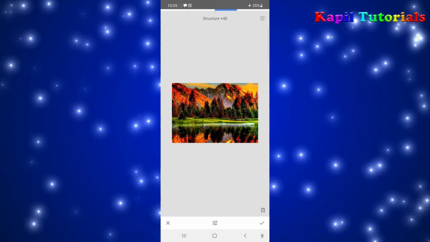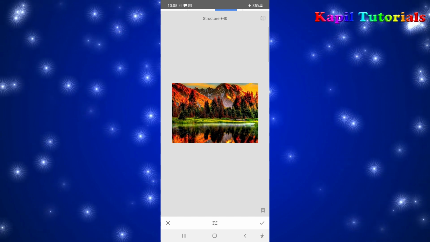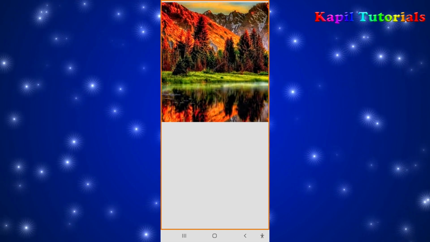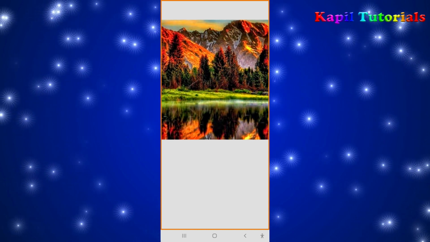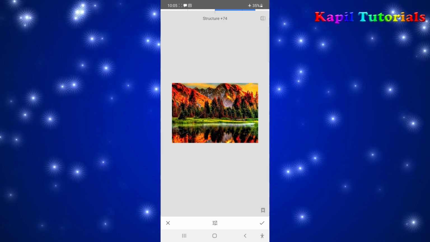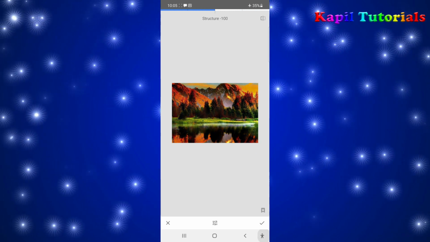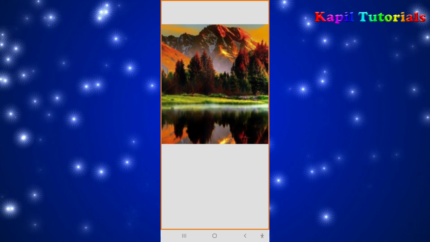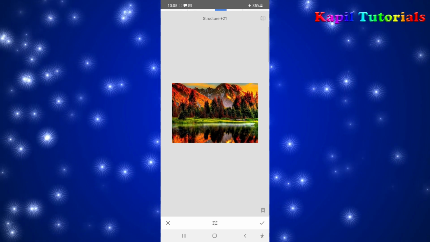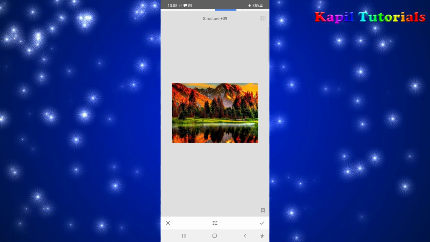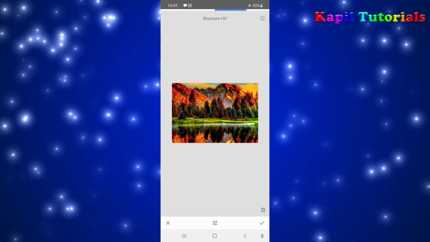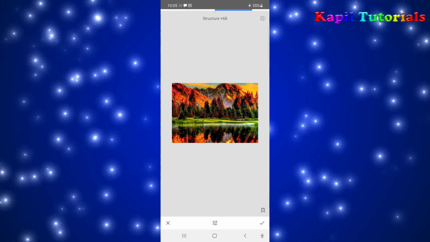Structure increase the amount of details in the image. You could see the different details here. And if I increase, you could see here the details are coming in front. Amount of details. Earlier it was not there. Again you will see I am decreasing the detail. Now you could see the details are not clear. Okay. Actually, the structure uses a unique algorithm to bring out the texture of objects throughout the photo. And in doing that, it is not affecting the edges of the objects.